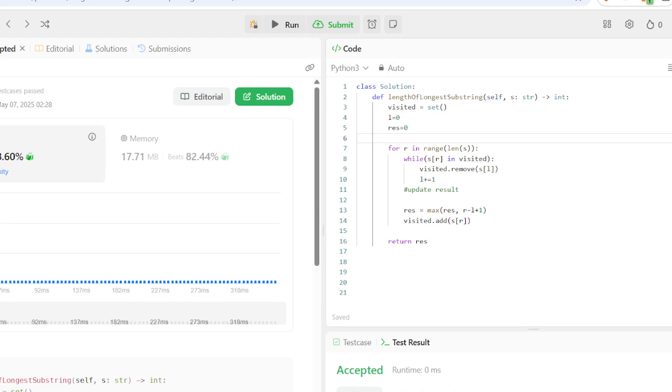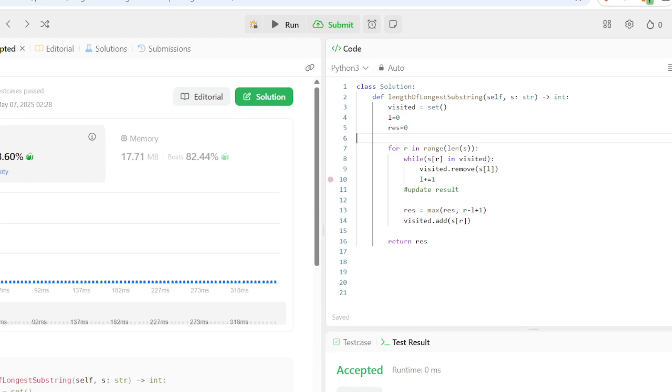Honestly, I'm satisfied. I understood the solution. I know how the sliding window works. I think it's just hard to think of that. I had the logic down, right? I just had it in a very convoluted way. Actually, I did get the intuition though. I just didn't know how to code it. This video is an hour and 15 minutes long.